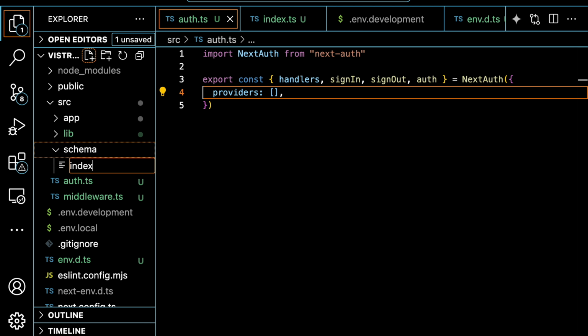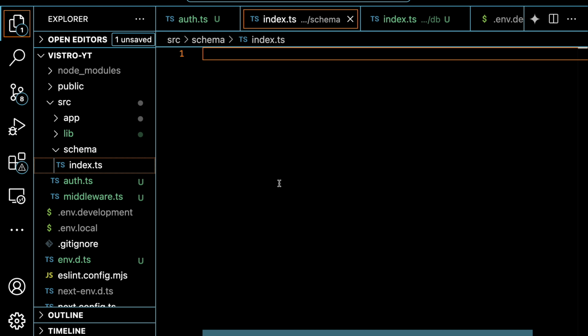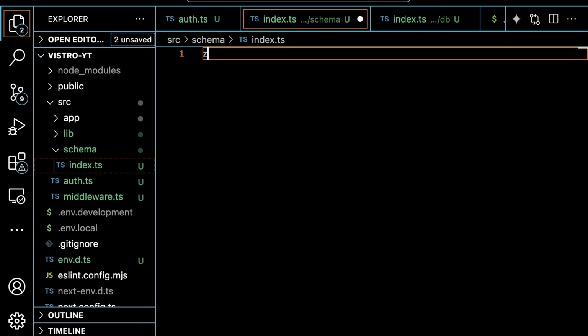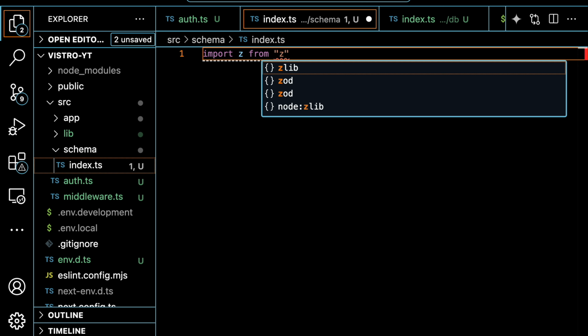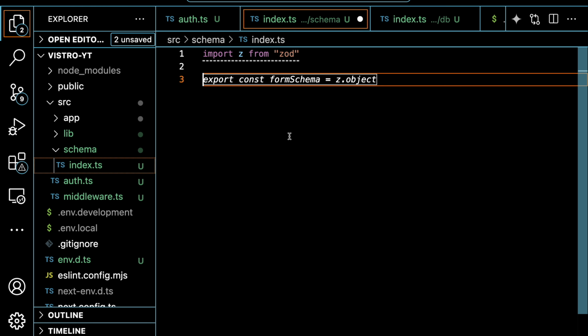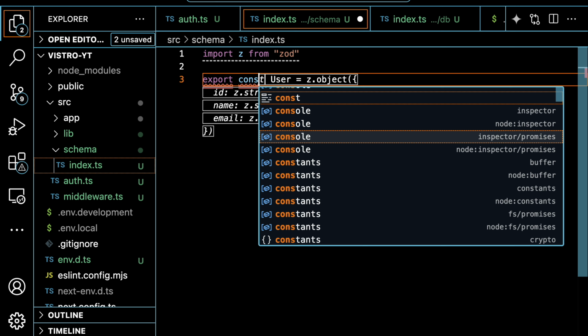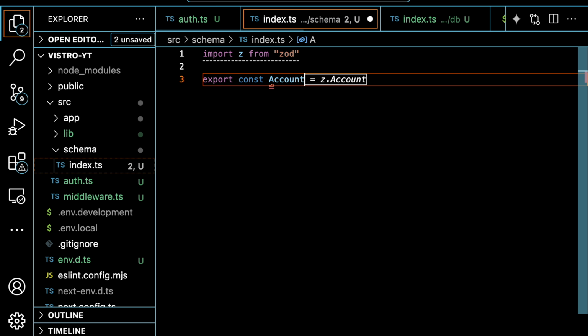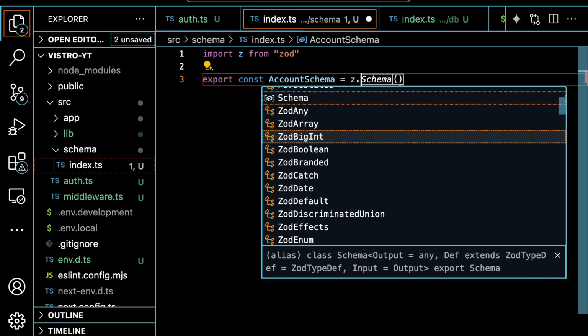library. So create a file here known as index.ts, and import z from Zod. So just like that. So go ahead and install this library known as Zod. I've already installed it, and we want to create the account schema. So let's just export const accountSchema, and under this we say it's going to be an object